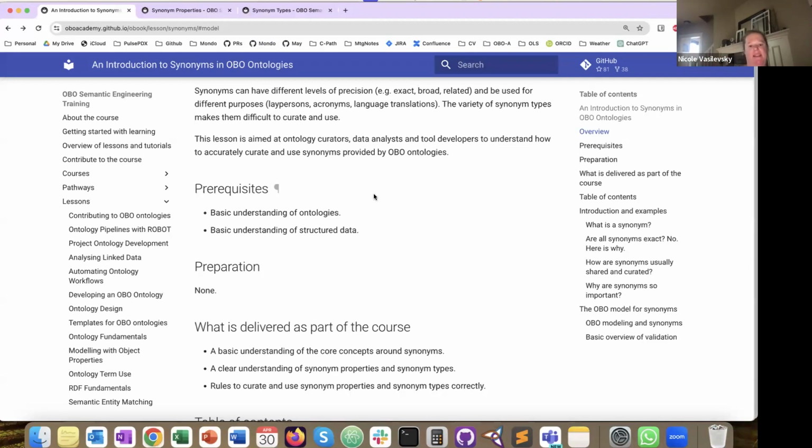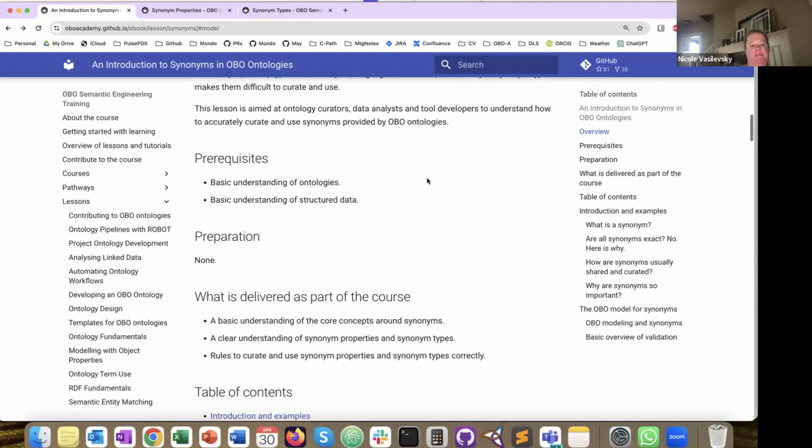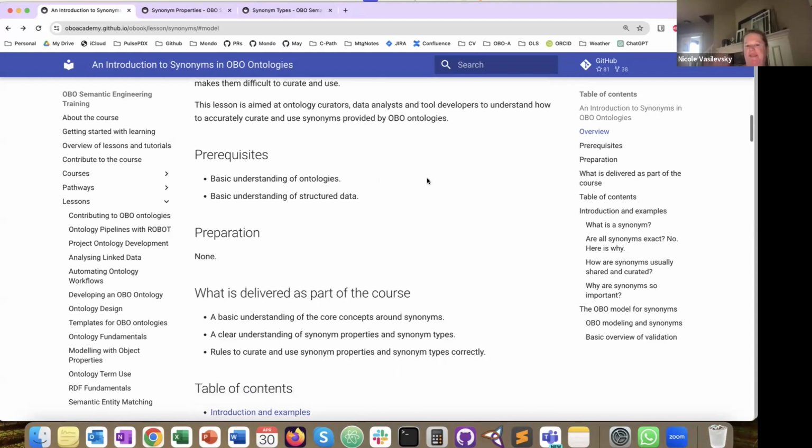But having all these varieties of synonym types without being able to explicitly differentiate them in these ways can make it difficult for them to be curated and used. Hence, we have these formal properties that we've been applying to the synonyms. So that's an overview, and we're going to go into a deeper dive into some of